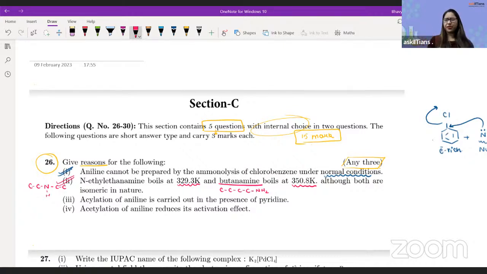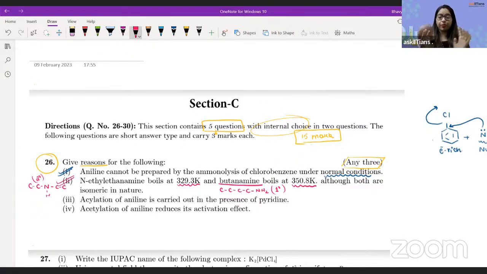Now, what is the difference that you can see here? Yeah. So one is a primary amine and the other one is a secondary amine. Now, this is the part which you have done in NCERT, right? So you know that